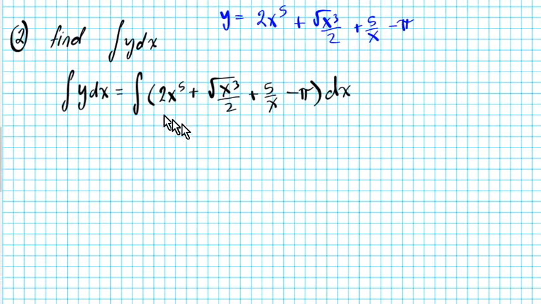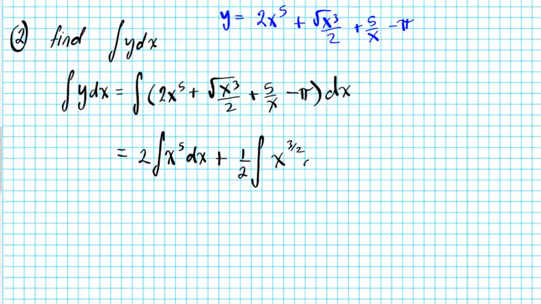So I'm going to write this as factor out the 2, the integral of x to the 5th dx, plus, I can write this as a power, factor out the 1/2, the square root of x to the 3rd as a rational exponent is x to the 3/2, as indicated earlier,